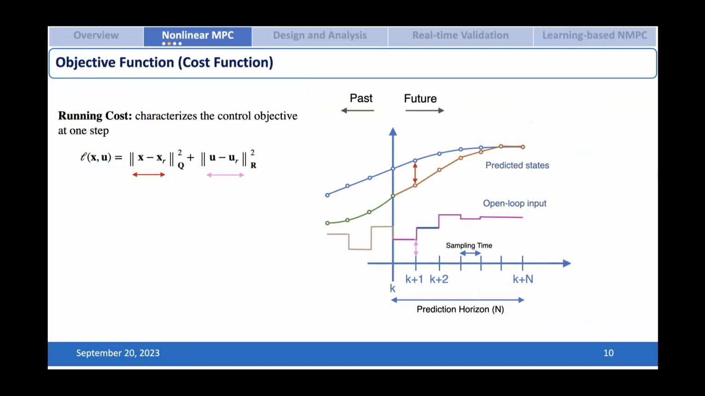So in order to design the open loop input, we need some criteria. What are the criteria that we should follow to generate this input? These criteria can be defined using the cost function, or the objective function, of the system. The cost function starts first with defining the running cost. The running cost is the cost at one step, like for k plus one and so on. In this case, we have L, which is the running cost. It contains the